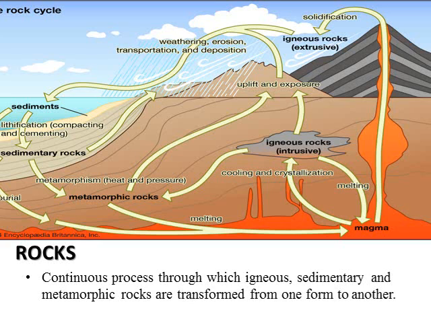They won't be in a particular form for a period of years. But it won't happen within a second or within a year. It takes millions of years. Sometimes it may be like a rock, or sometimes it may be soil material. They harden, they loosen, or they change their form. So the rock cycle is going on. The continuous process through which igneous, sedimentary and metamorphic rocks are transformed from one form to another is called the rock cycle.